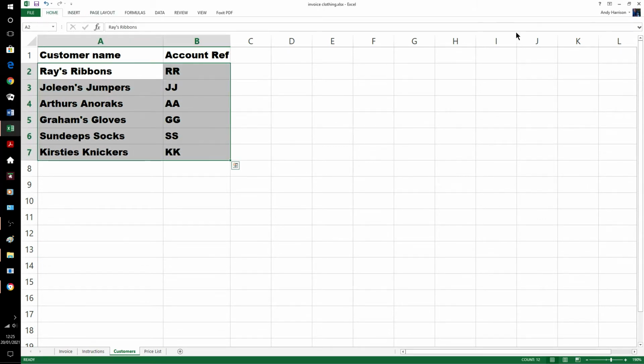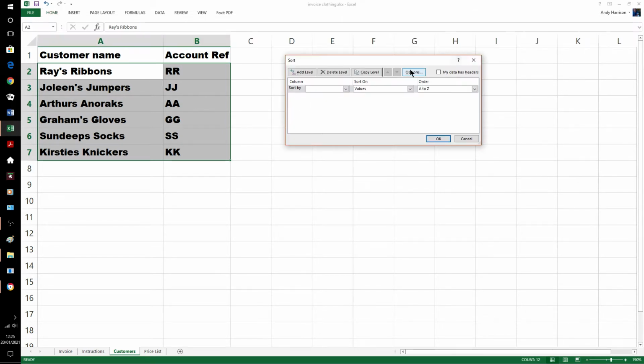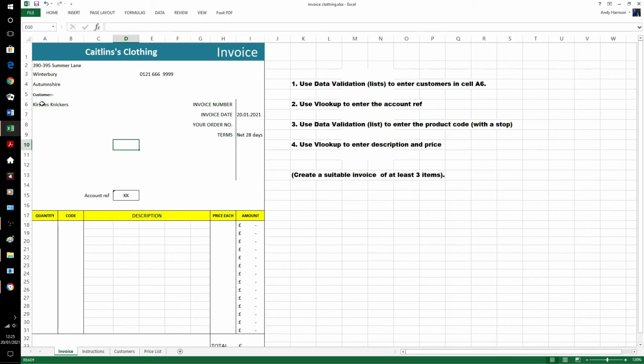Solution, very common thing to forget is to make sure everything is sorted properly. So now when we go back onto our invoice, suddenly KK, JJ, it's working. So very common error,